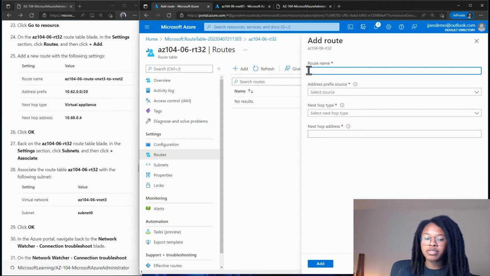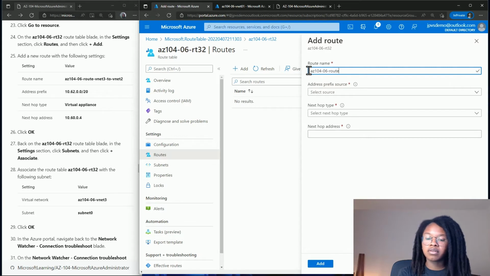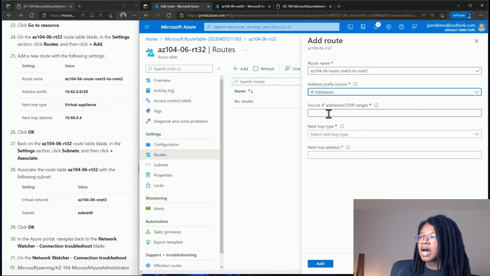Our route name is going to be AZ-104-06-VNet 3 to VNet 2. Our address prefix source is going to be an IP address. Of course, our address is going to be